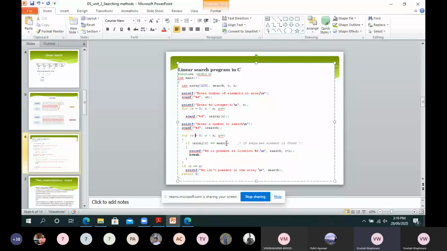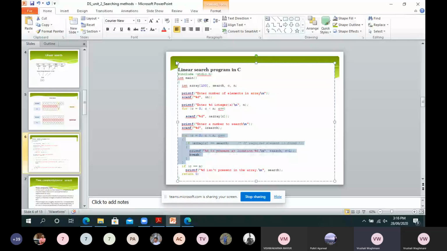And if it is not present and our c value becomes n, that means it has searched up to the end, then we say that the value is not present in the array. So what is this? In this last line, the searching algorithm: first two lines we take the size of the array, how many elements we want in an array.